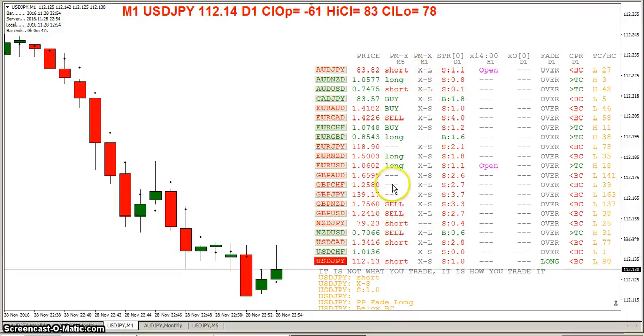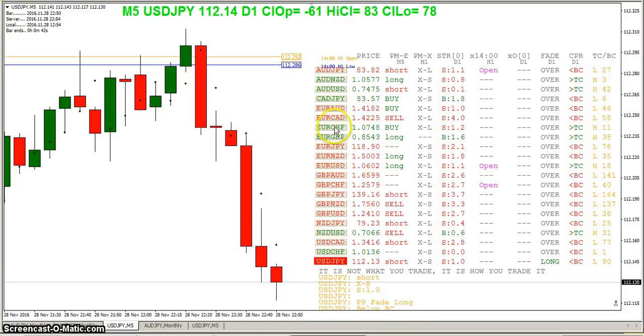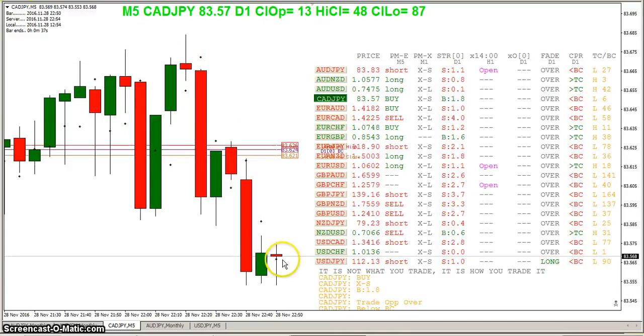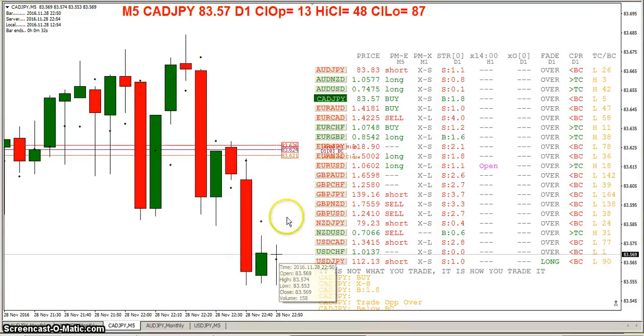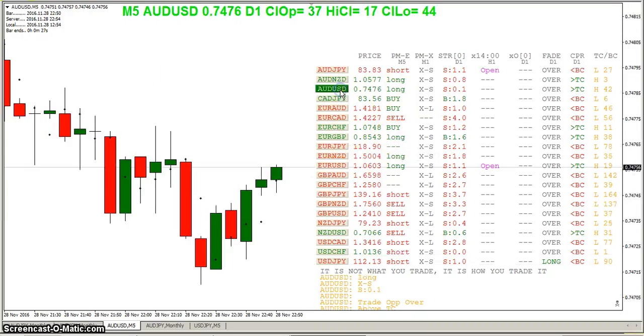Now, this buy or sell tells you when it just switched on the M5. So right here, let's look at Canadian yen. Right here it opened above that mid dot, so it's telling you to switch. Here on these longs it's saying, let's see, where did it open? It opened above here, it opened below here, open above. So it's telling you to stay